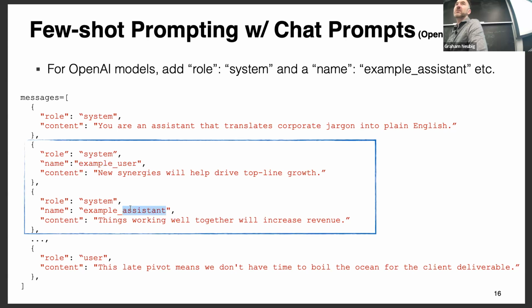On the other hand, if you're using an open source model, you need to be careful because this name might not even be included in the prompt template. For example, in the LiteLLM prompt templates that I was sending in, this is not even included at all. So you might just get a weird system message that is poorly formatted. So you need to be a little bit conscious of